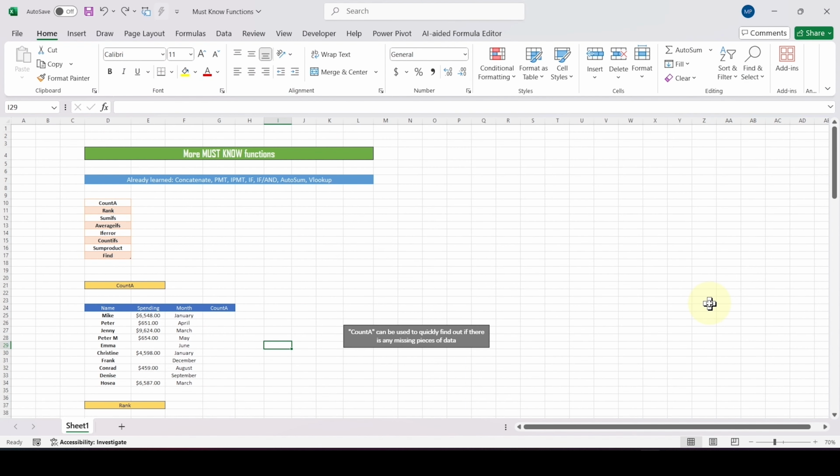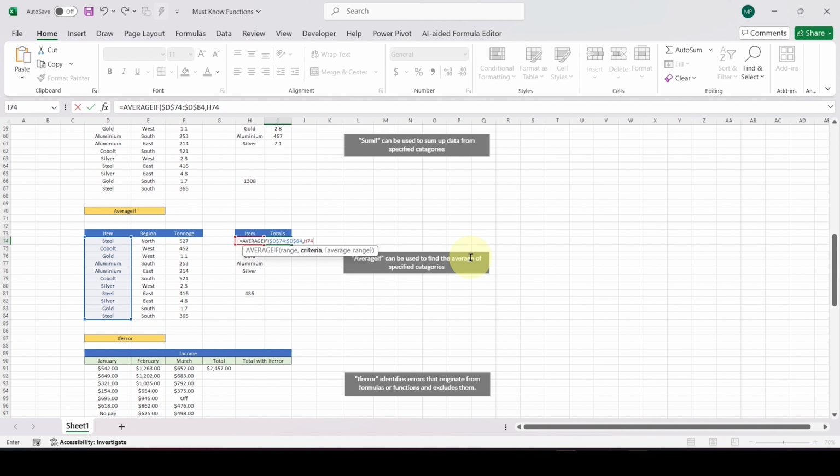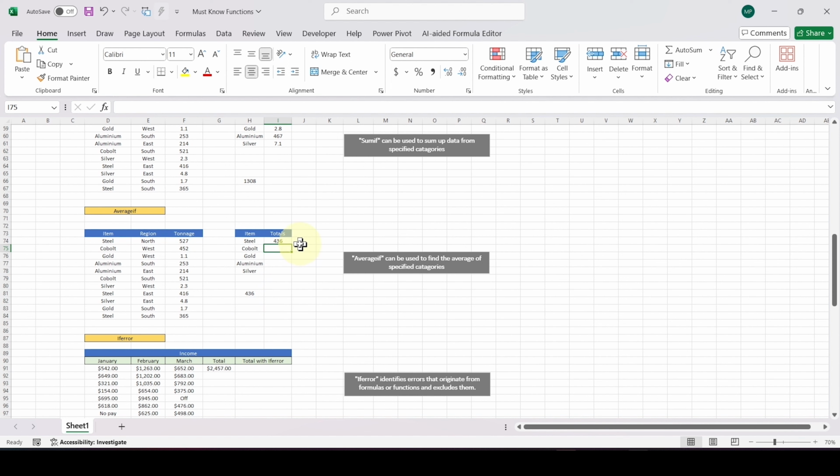My comma will go in, and now it is asking for the criteria, which is hidden behind this function here in this cell. So I'll just type it out, and that will be H74, and my comma will go in, and now it is asking for the average range. So for that we need to select this column here, and we need to make it absolute by clicking F4. And now I can just close off my function and press enter, and you can see that our AVERAGEIF function has given us the answer 436,